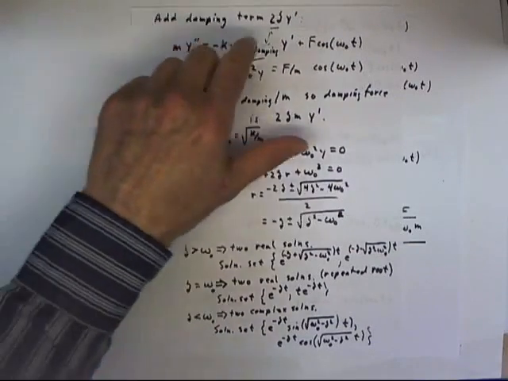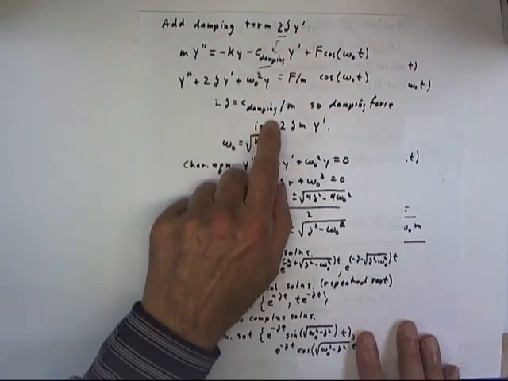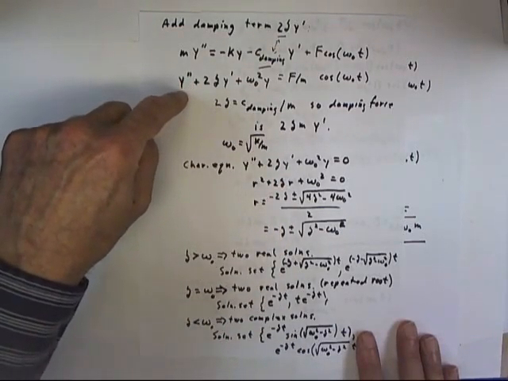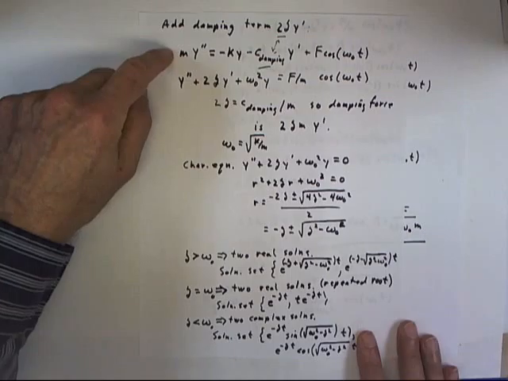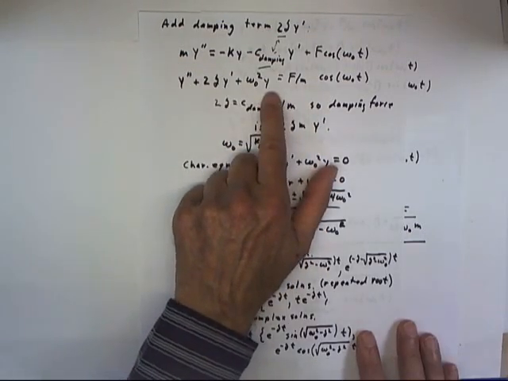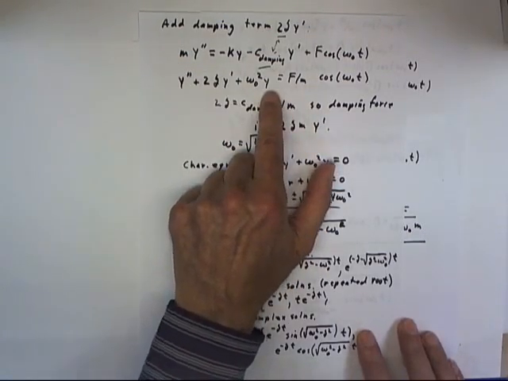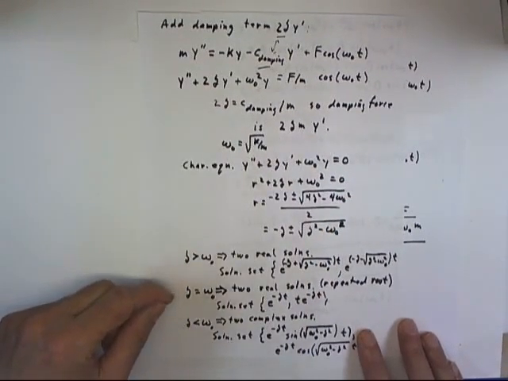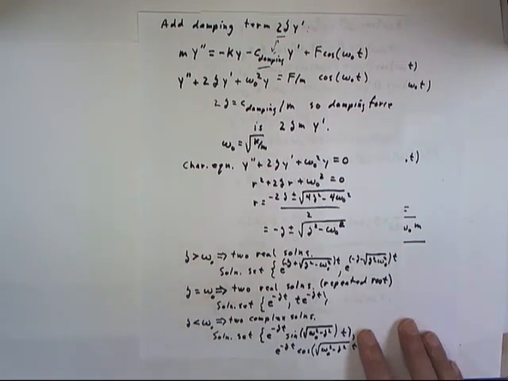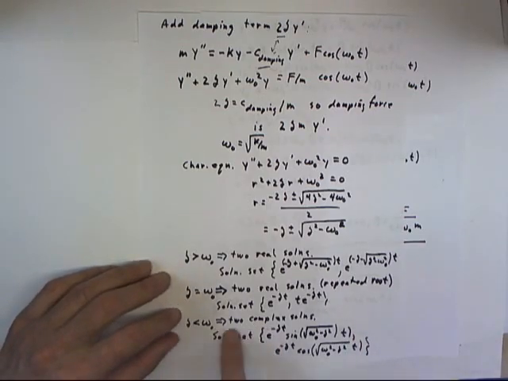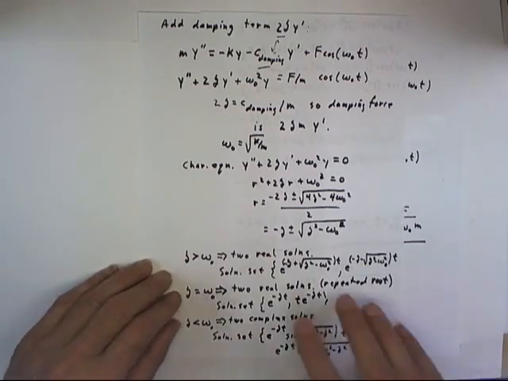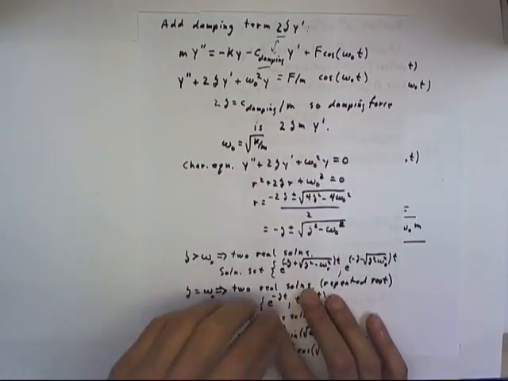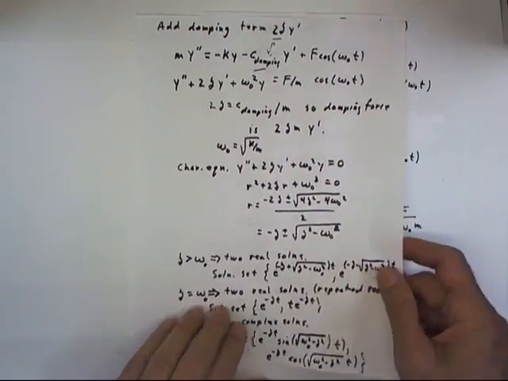As we've seen, if we include damping in the equation, as we've defined here, our equation for the oscillatory system becomes this. We've solved the homogeneous equation. We see that there are three cases depending on how big the damping constant is. And we're going to be mostly interested for now in the case where we get the two complex solutions. But that's not going to be necessary to solve the non-homogeneous equation, and that's where we're going to go here